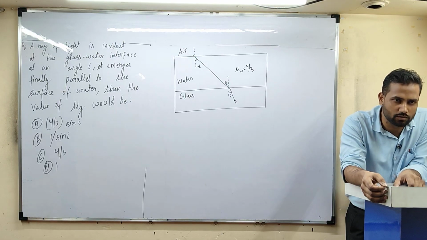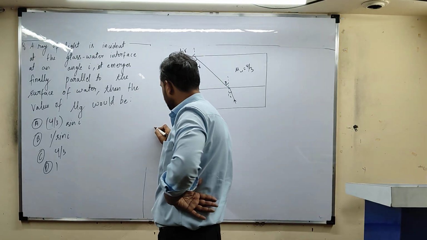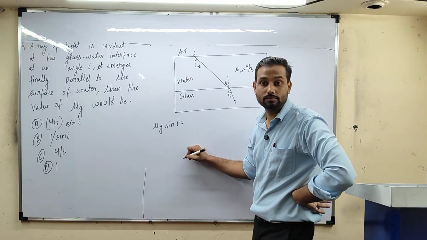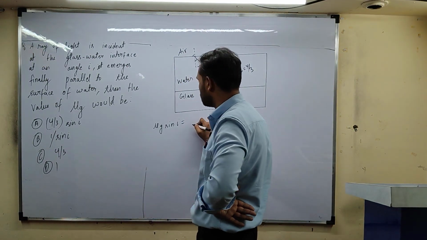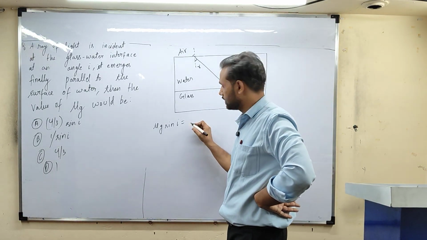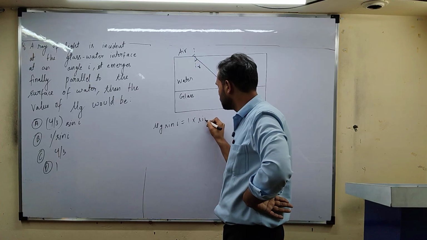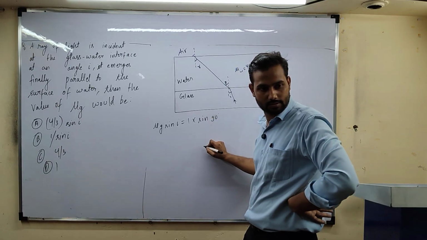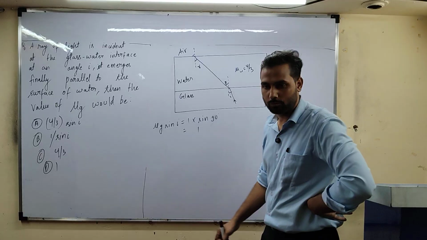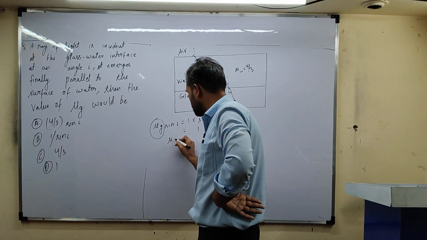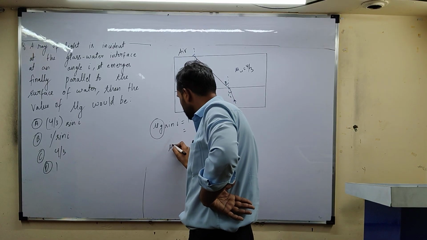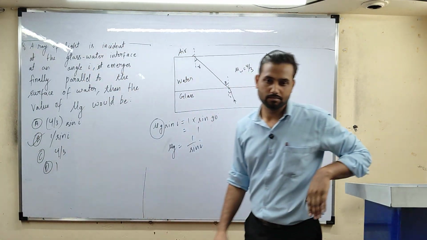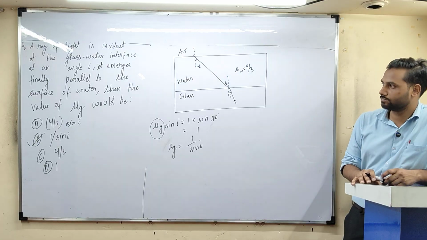हो गया, सॉल्व किया इसको। क्या करना है इसमें, कुछ नहीं करना है। म्यू जी साइन आई इक्वल टू, ये कर देंगे, क्या करेंगे बताओ। ठीक है, 1 × sin r, और ये कितना है, ये 90 है, sin 90। बोलो ये पूरा 1 हो जाएगा। मुझे क्या चाहिए, मुझे ये म्यू जी चाहिए, तो म्यू जी मैं डायरेक्टली इधर लिख देता हूं, म्यू जी इक्वल टू 1/sin i, ये हो गया बस।